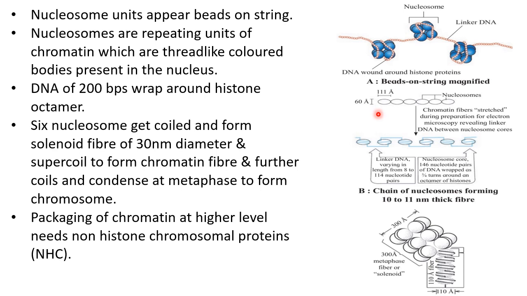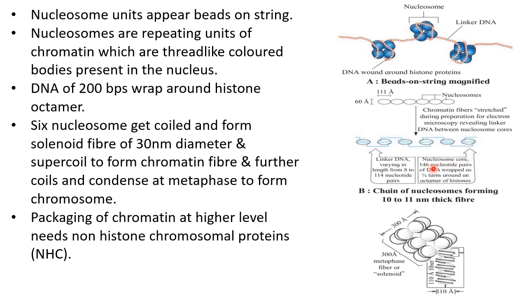The chromatin fiber is about 60 Angstrom units thick. Chromatin fibers are stretched during preparation for electron microscopy, so these chromatin fibers are stretched under the electron microscope to observe their detailed structure. Now here we see one nucleosome, then second, third, fourth, and so on. These nucleosomes consist of, or they are wrapped around, the DNA